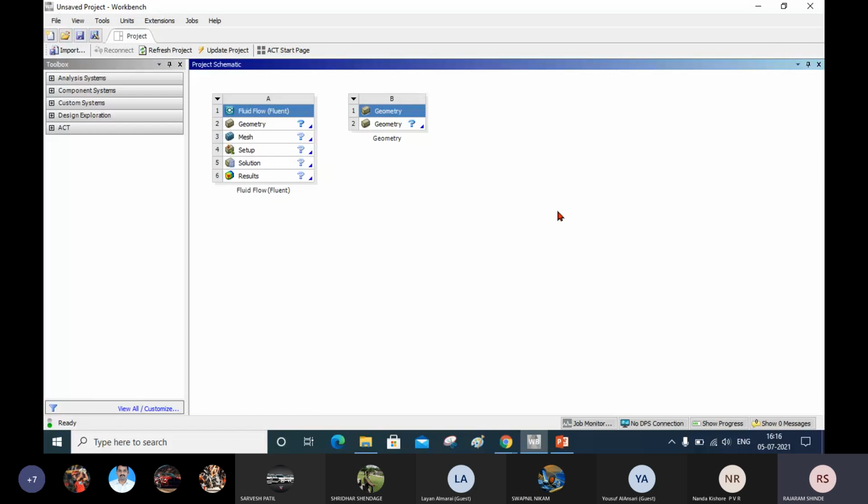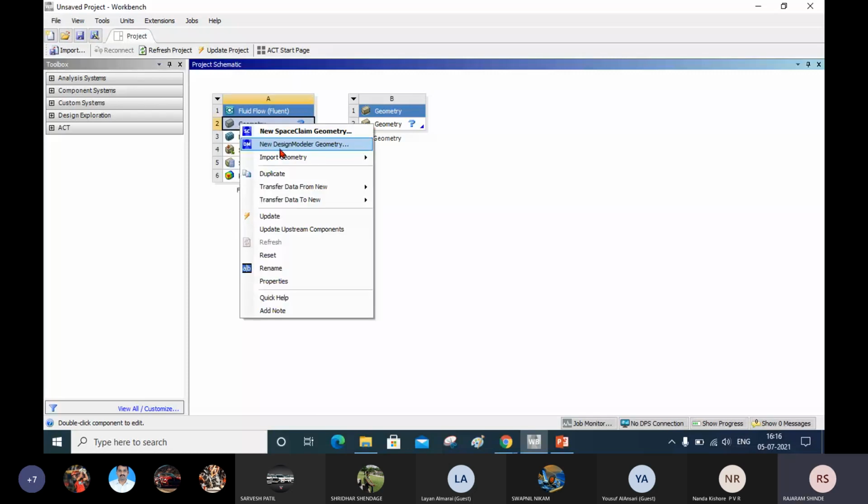If you double click on it, it will go in SpaceClaim. Right click here, your second option is new design modeler. First option is new SpaceClaim geometry. Don't go for new SpaceClaim geometry. I am not using this, I am using design modeler.